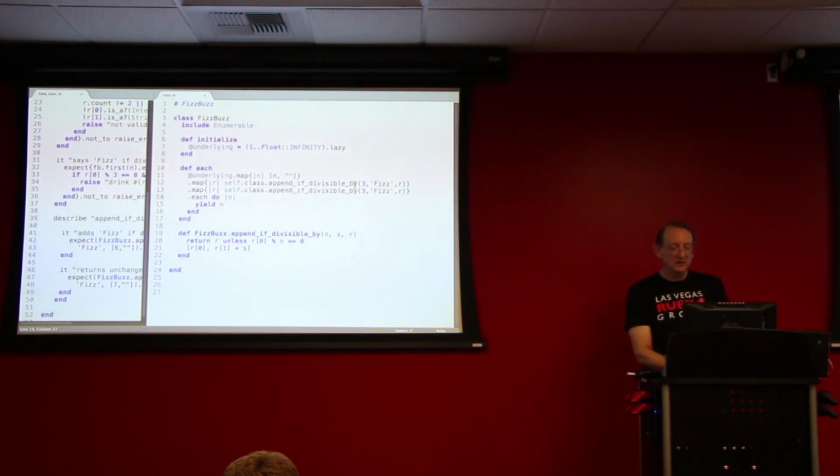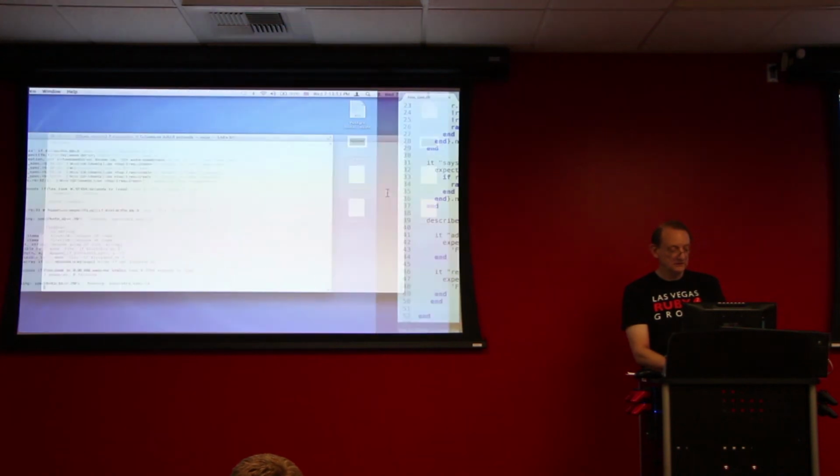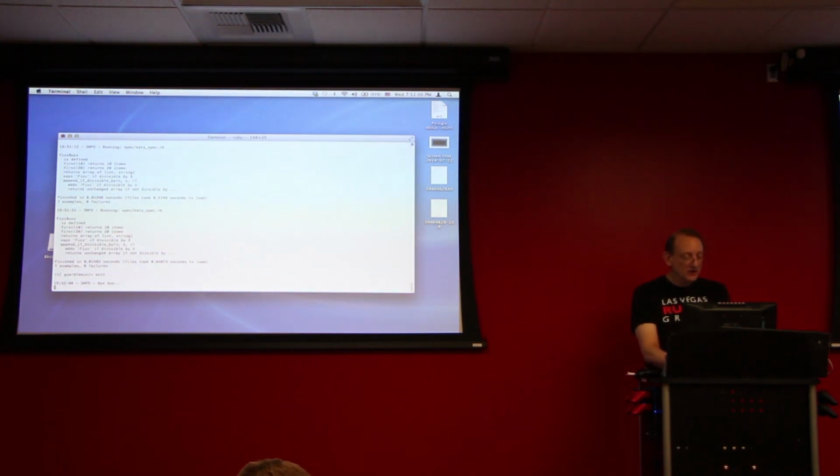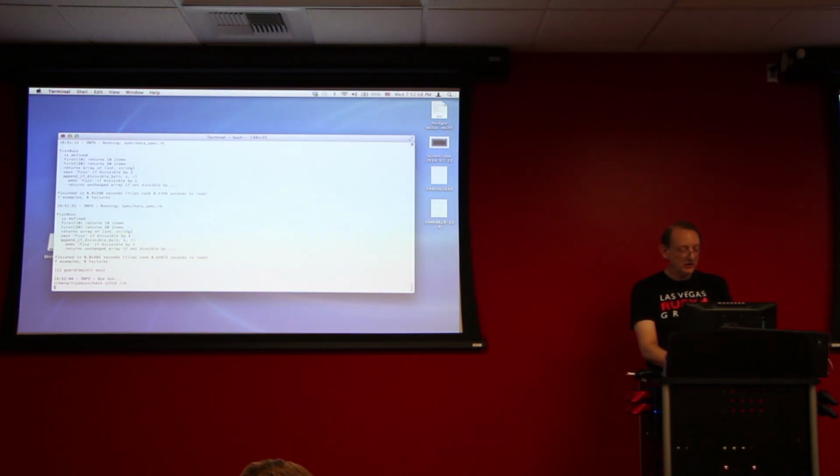But we will now have append if divisible by 5, buzz, and now if we exit out of guard and we just go into IRB and we require